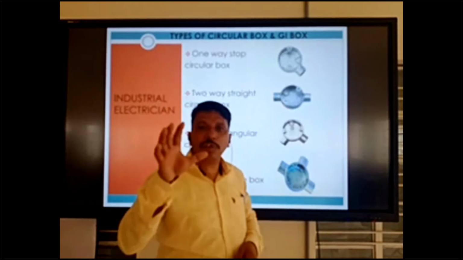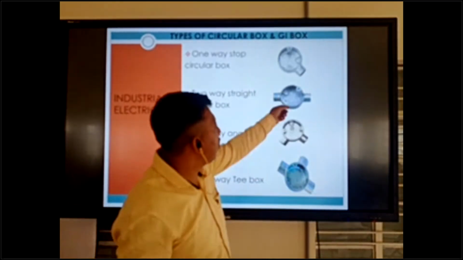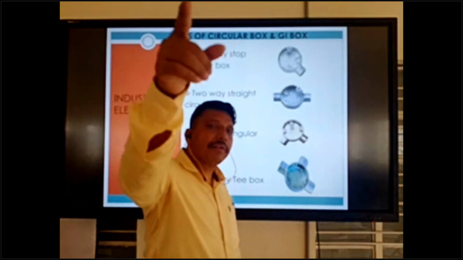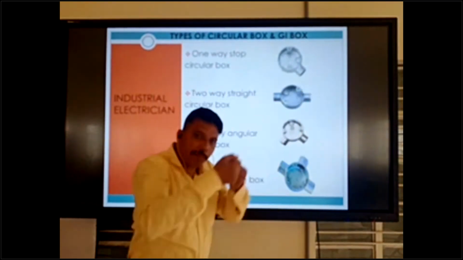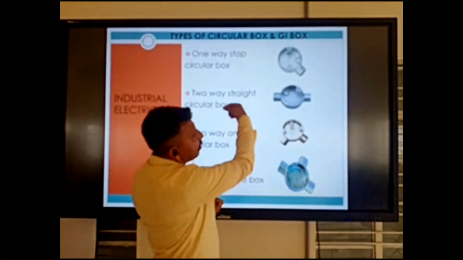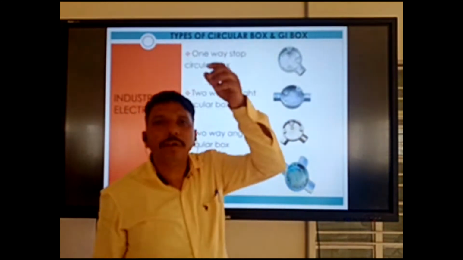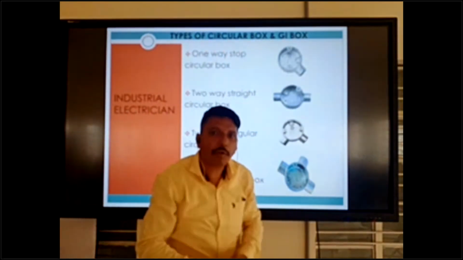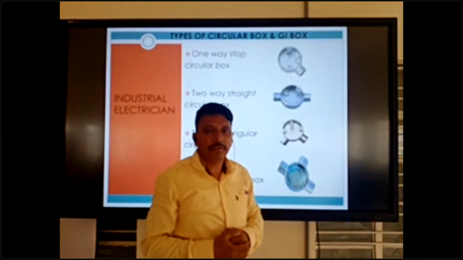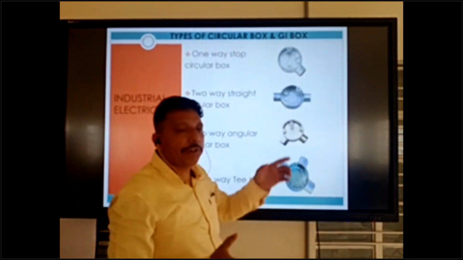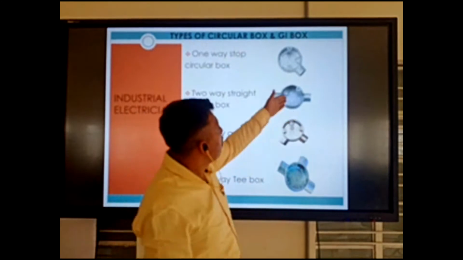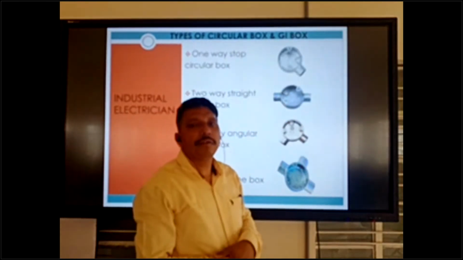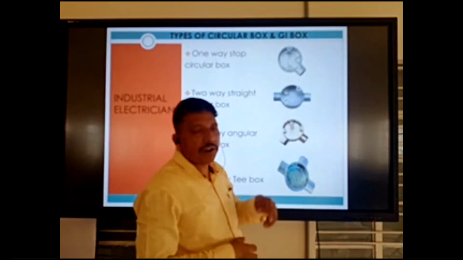Okay, so this is used as the JB. You can pull the wire 10 meters, remove the wire, and again put it inside. One time 30 meters or 40 meters is not possible to pull the wires. It is very long, so we need a JB. That time we can use a straight box.